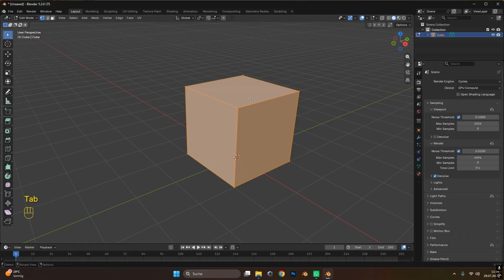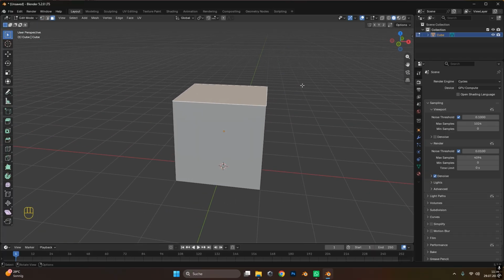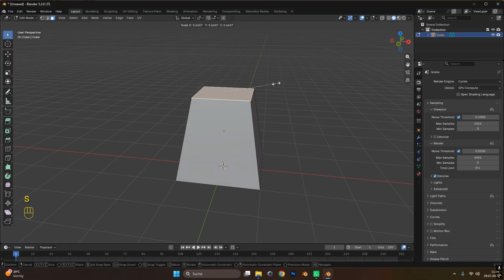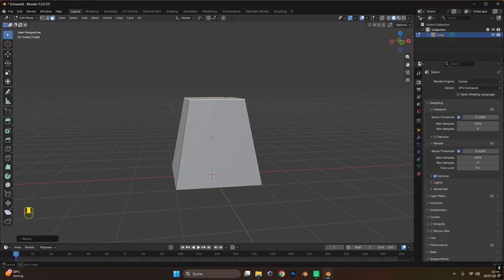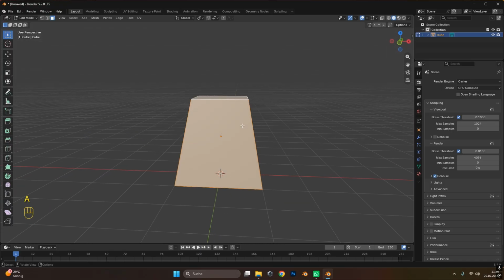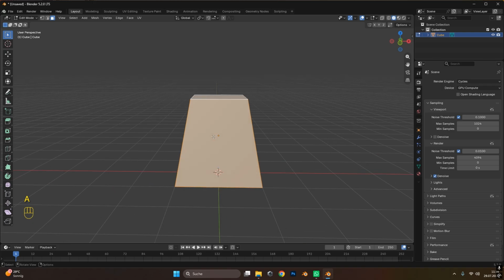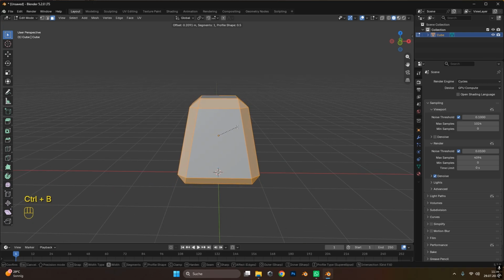Press Tab to go into edit mode and press number 3 to select the face. Pressing S, you can scale it down like this, so we have a nice cute little trunk. With pressing A, you can select everything, and with pressing Ctrl B, you can bevel it. Scroll your mouse wheel once to add some more bevels, maybe scroll it twice to have 3 bevels, and left